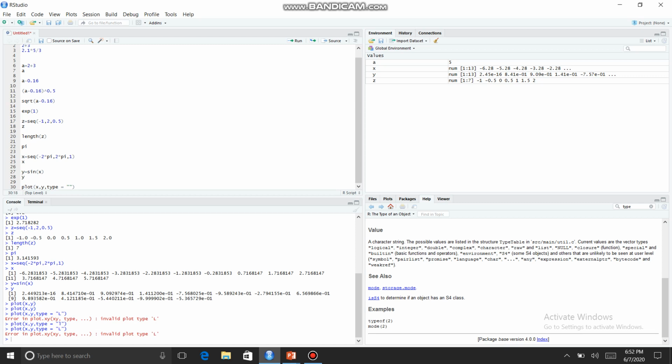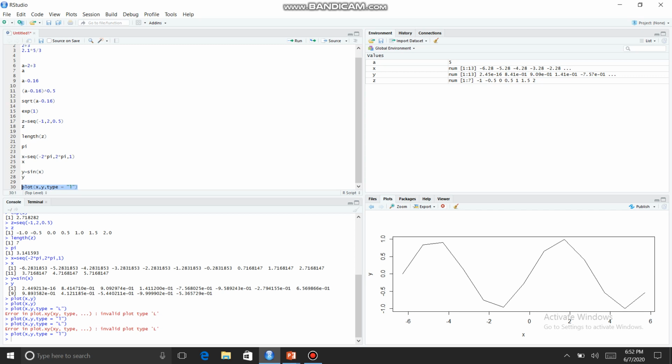Make the change and make it lowercase. Select the code and click on the Run option. Now the plot is displayed in a linear manner, that is, as a line. This is how we create a plot in a simple manner.